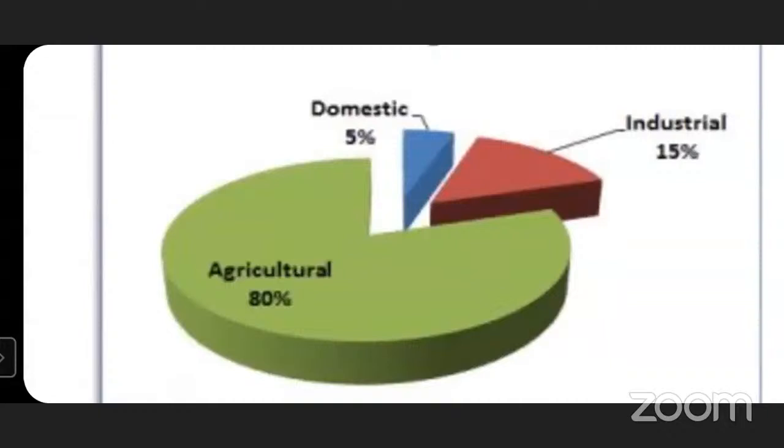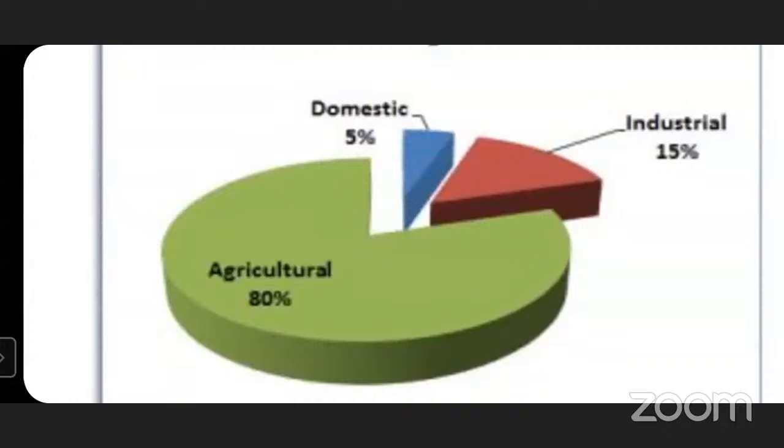That blue color shows domestic use of water, and that red color shows industrial use of water. You know that India is an agricultural country. Our main occupation is farming. So about 80% of total water is used for agriculture.